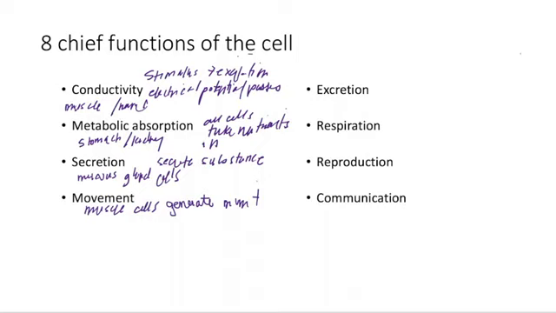Excretion, all cells must be able to rid themselves of waste products resulting from metabolic breakdown of nutrients. We have lysosomes, which we're going to talk about in a few minutes, with enzymes that break down, digest large molecules, and then turn them into waste products that are released from the cell. Respiration, so cells absorb oxygen, and then that is utilized to make ATP, which is energy that all our cells utilize. That's adenosine triphosphate. Cellular respiration or oxidation occurs in the mitochondria, and we're going to go over that later.